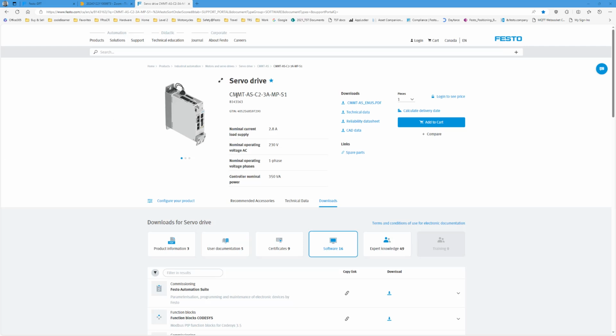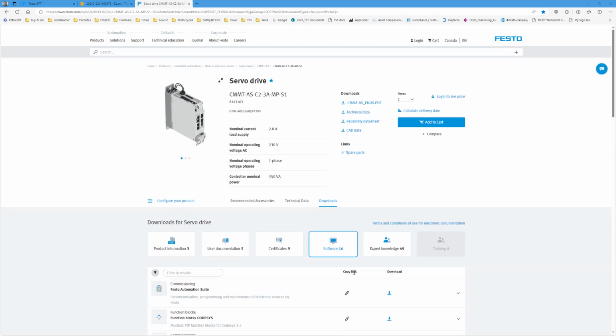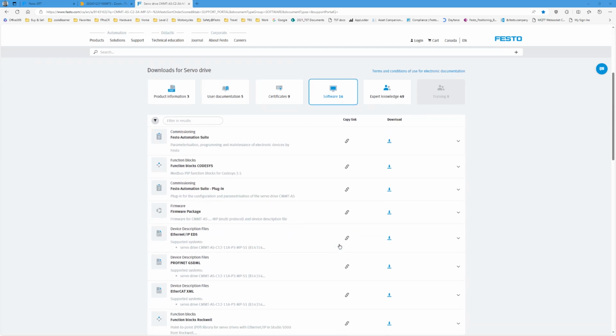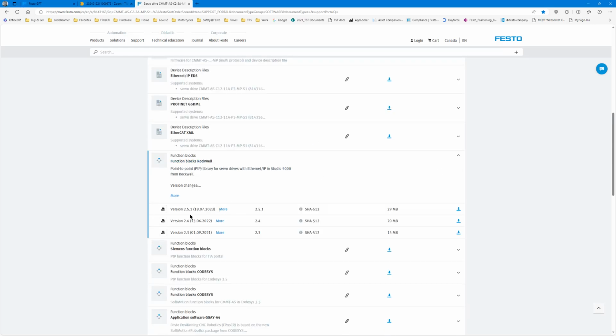Okay, we're going to discuss the CMMT-AS multi-protocol controller. The EtherNet/IP controller that exists also applies to this, along with the latest and greatest firmware. And what we're going to discuss is the Rockwell library real quick. So when you navigate to the CMMT and you go to support downloads under software, you'll find the Rockwell library, the function blocks Rockwell. And 251 at this time, today's date is January 22nd, 2024, is the latest and greatest